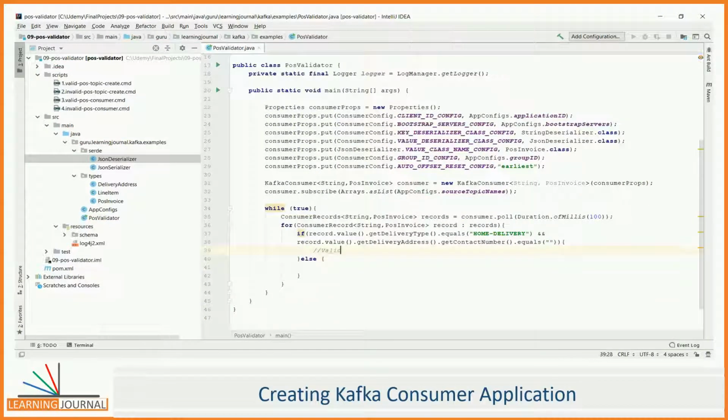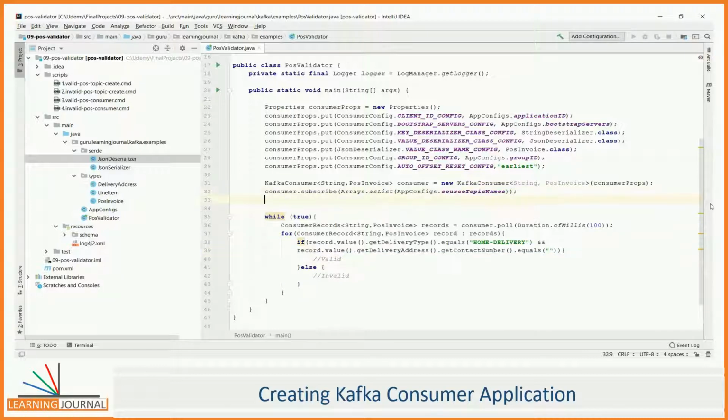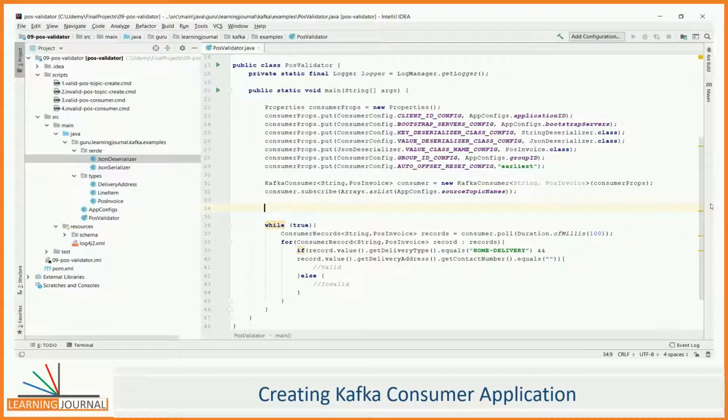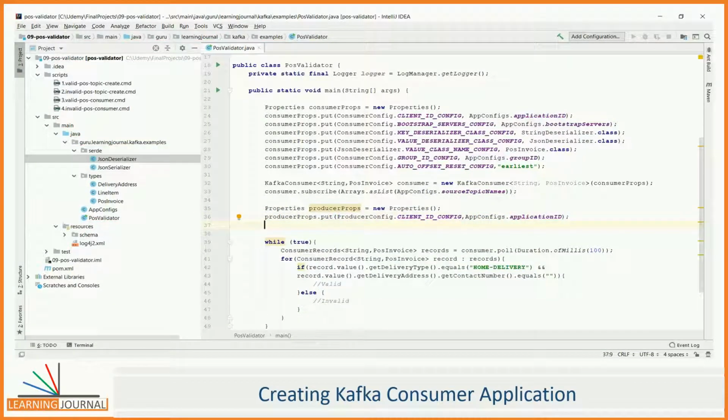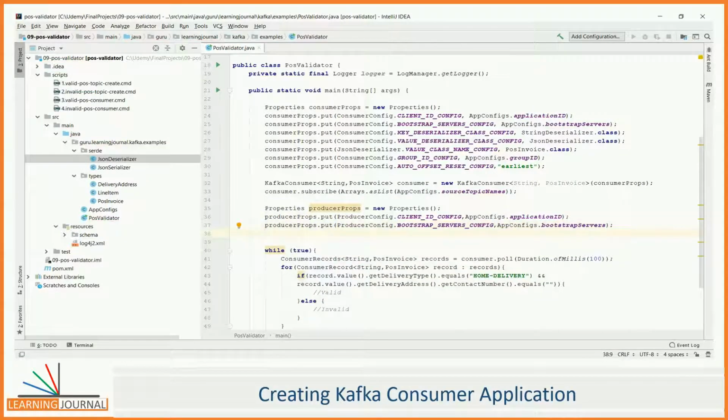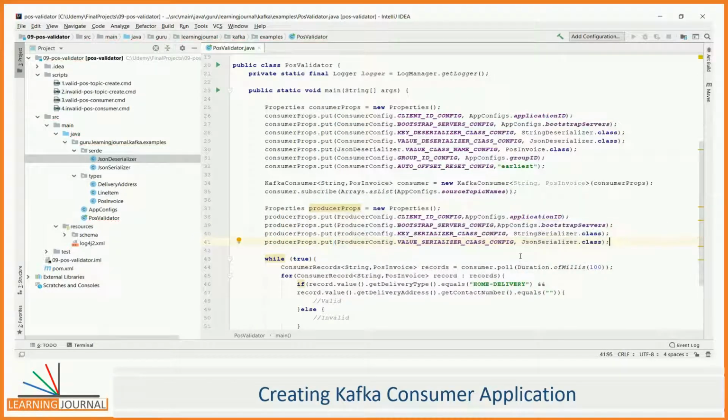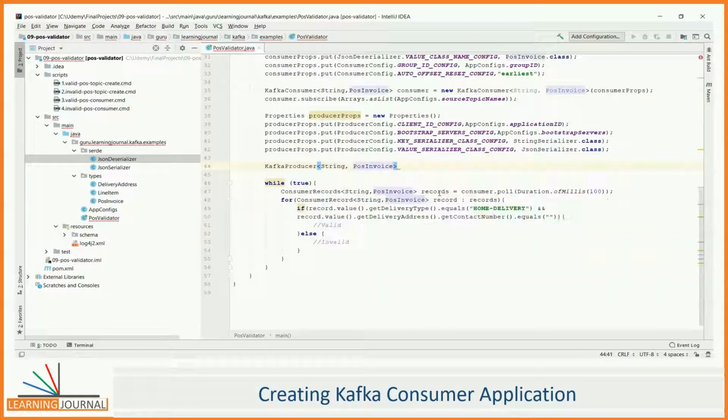So far so good. But we wanted to send these invalid and valid records to separate Kafka topics. And that would require creating a producer. So, let's create a producer. You already learned that in earlier lectures, right? Create a properties object. Set some mandatory configurations. Then create a producer. That's all. Now we can use this producer to send the invoices.